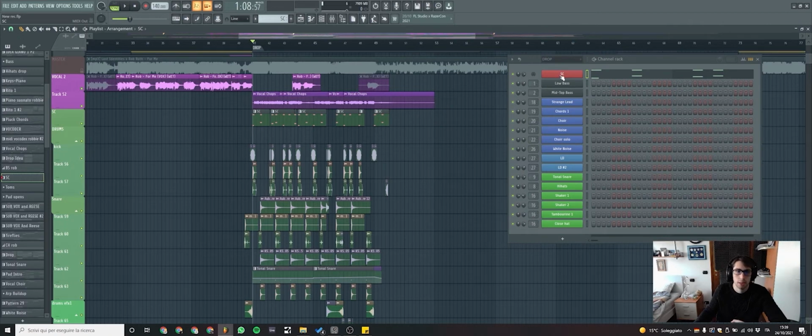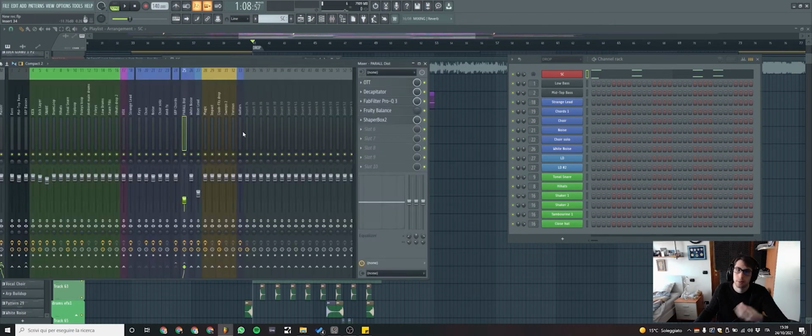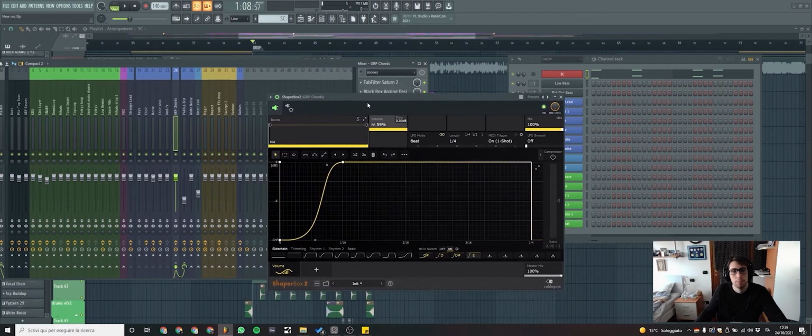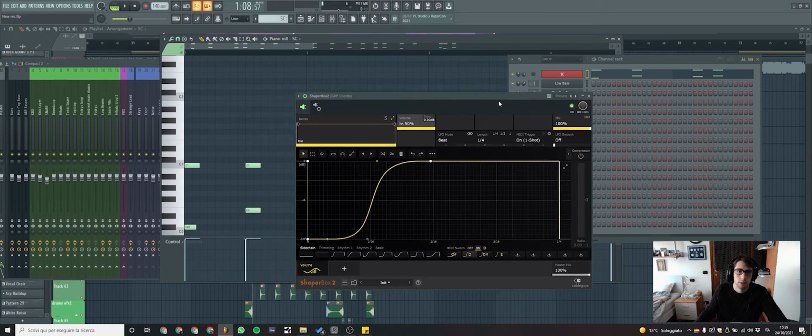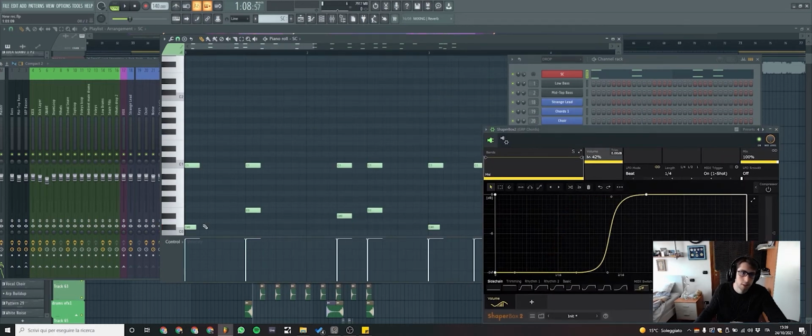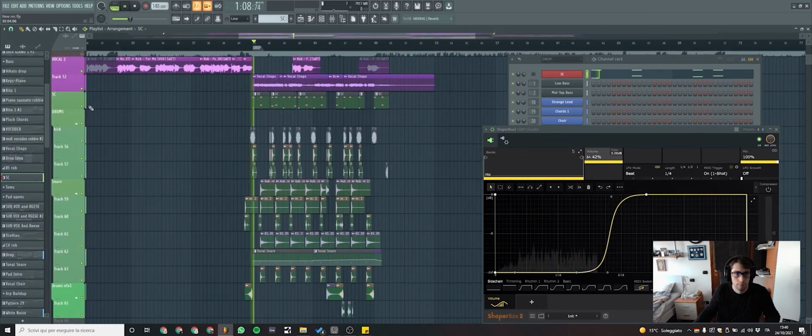On this project, the sidechain is based on this little program that sends MIDI information to the real plugin in the mixer, called ShaperBox 2. This plugin permits you to create different triggers based on the notes on the piano roll. As you can see here, there are the C sharp, D, D sharp, E, and in the pattern we can see that the sidechain is changing, basing the sidechain curve on the letter that we inserted on the piano roll.